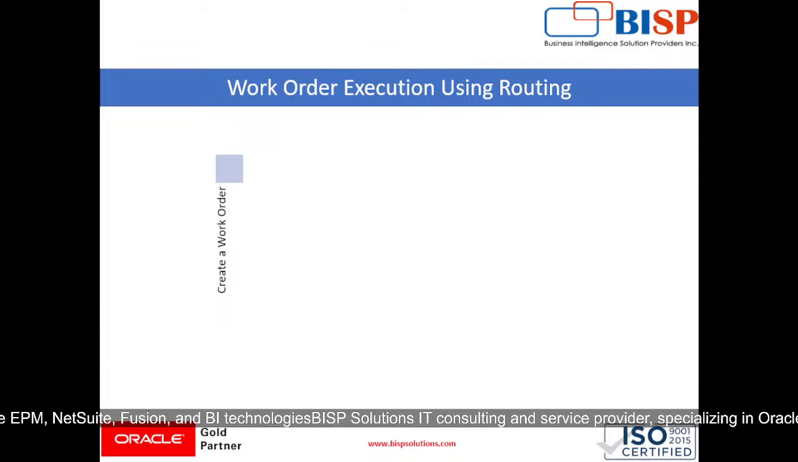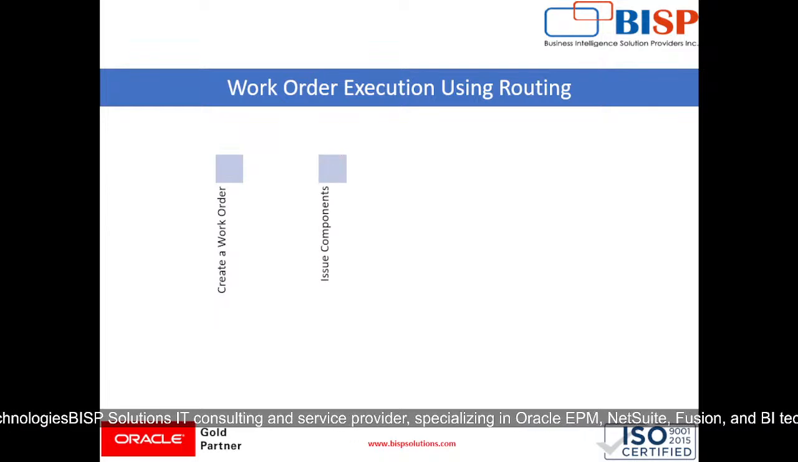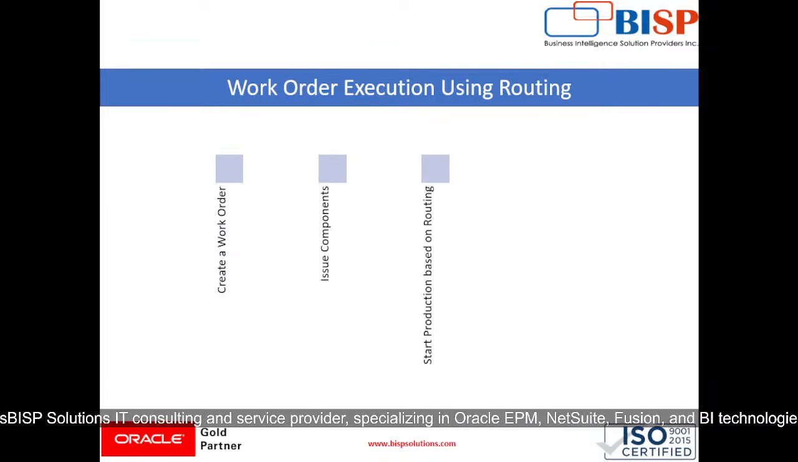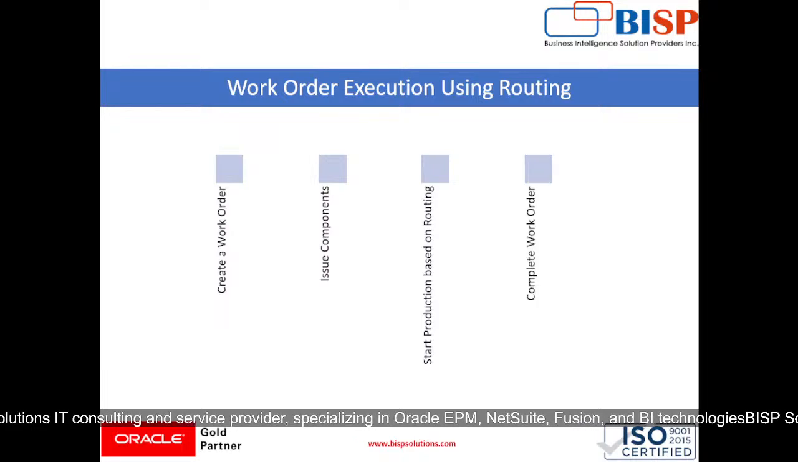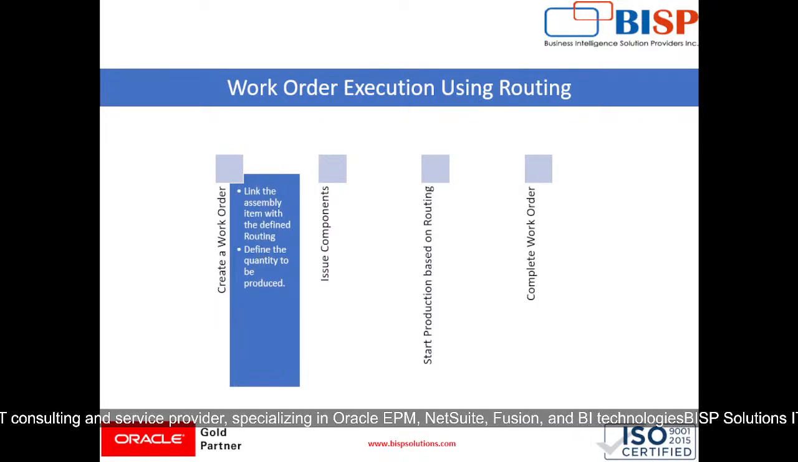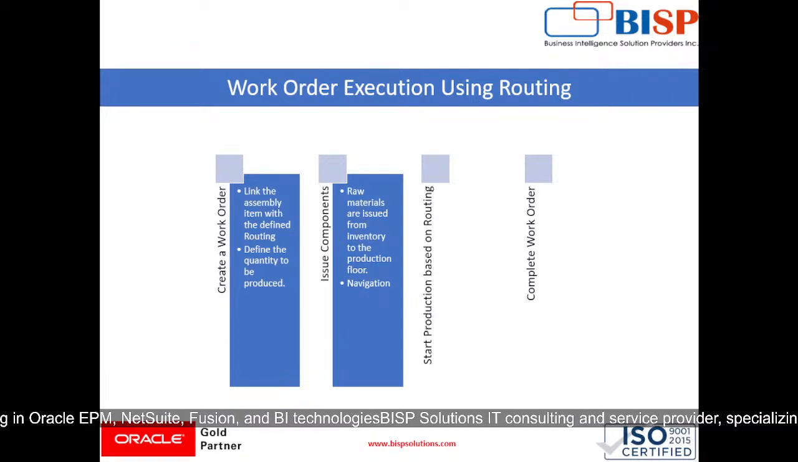Next comes our work order execution using routing, where we first create a work order, then issue components, then start production based on routing, then complete the work order. For the first step, we link the assembly item with the defined routing, and then we define the quantity to produce. Then in the second step we issue raw materials from inventory to the production flow,